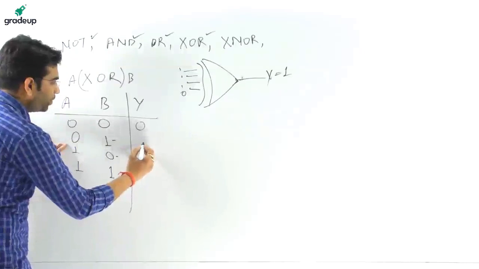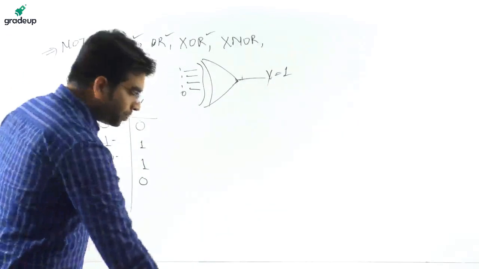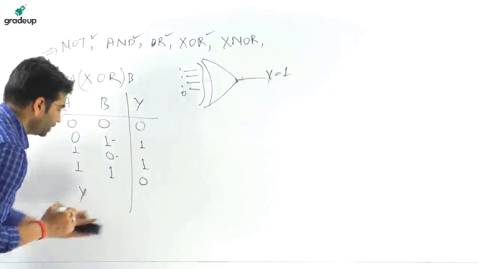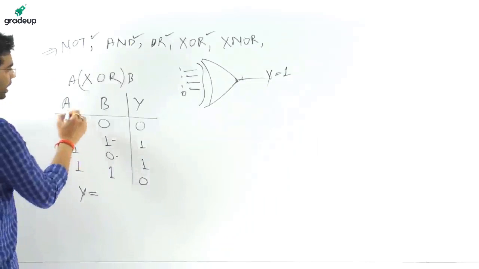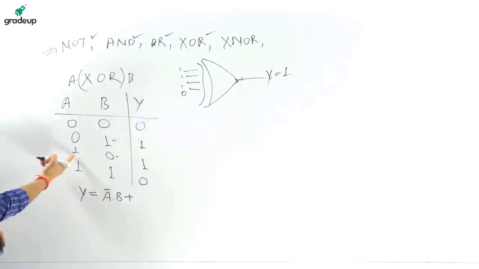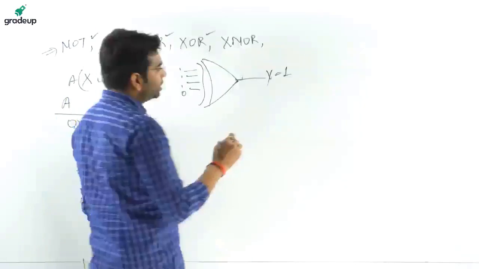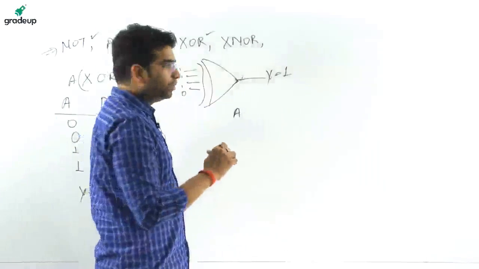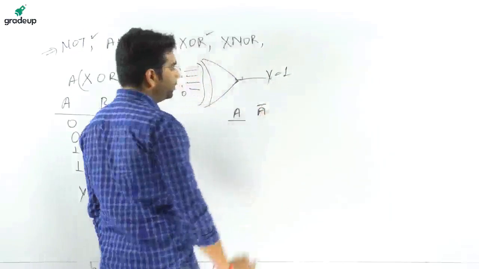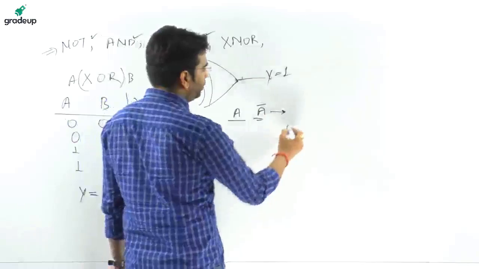Here, odd number of inputs as 1, so we are going to get 1, and here we are going to get 0. Okay, dear friends, how to design this logic function? What is the equivalent Boolean expression? A bar B plus A B bar. The literal that is having a high value will be written as it is, and the literal that is having a low value will be written with a bar. Bar means it is having a low input. Low input means 0.